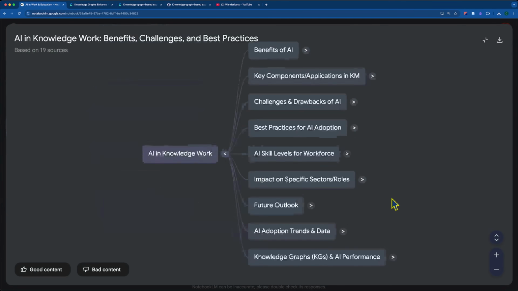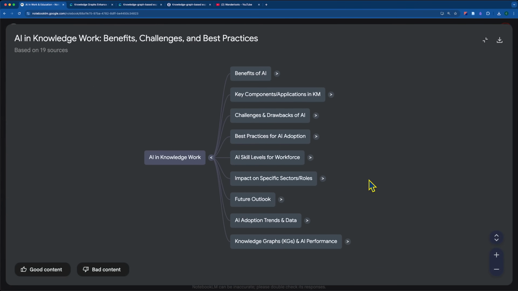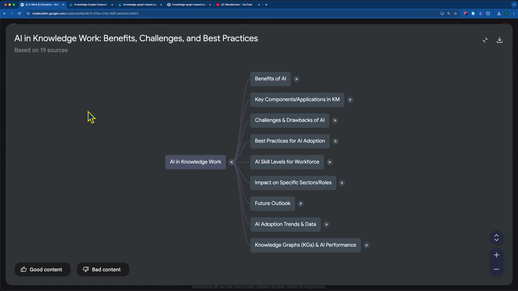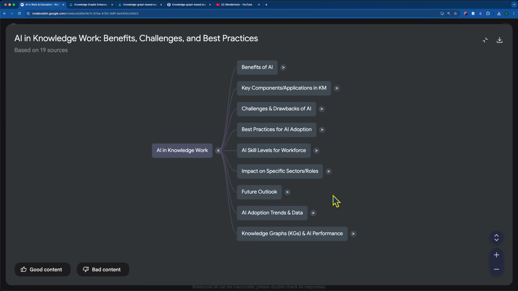So once we've generated the mind map, it pops up on the side here, and you can see we have AI and knowledge work. That's the macro category. And then it goes through and it has all of the different major topics that were pulled out of these particular 19 sources. So now what I would do is I would just explore. So maybe AI